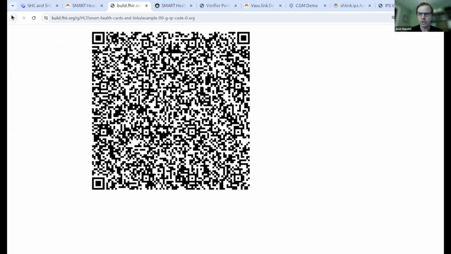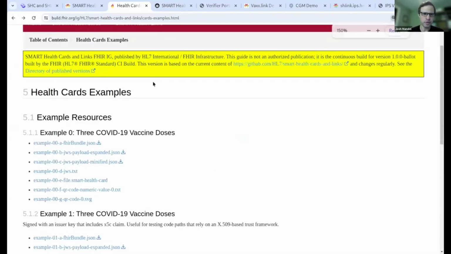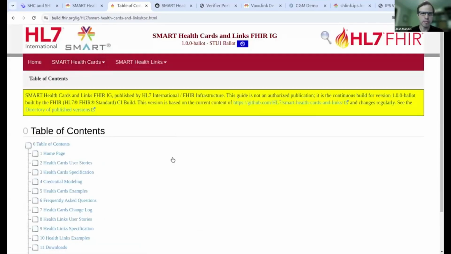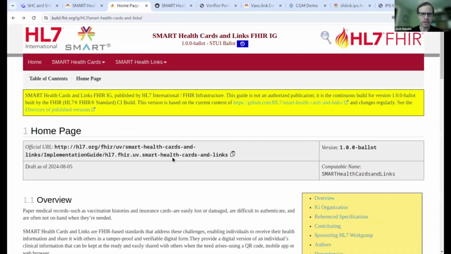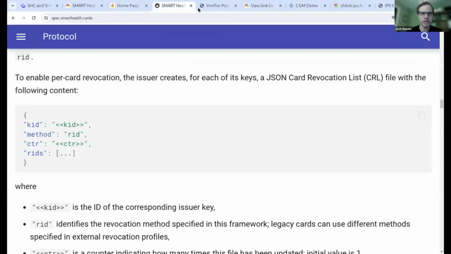So that's a quick tour of what SMART Health Cards is all about. At the end of the day, we have a FHIR bundle. It gets signed and it gets packaged into a QR code that looks something like this. There's a lot of material in the specifications that help developers understand what's involved in creating and in parsing one of those QR codes. But we often find that the best way that developers learn is by trying it out, looking at real examples, and attempting to build their own. And so there's been a lot of community work to put together libraries to help developers do just that.